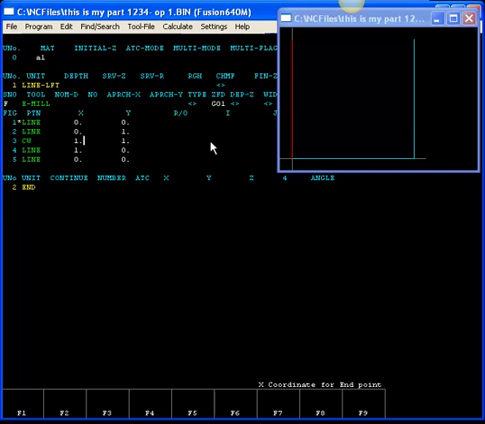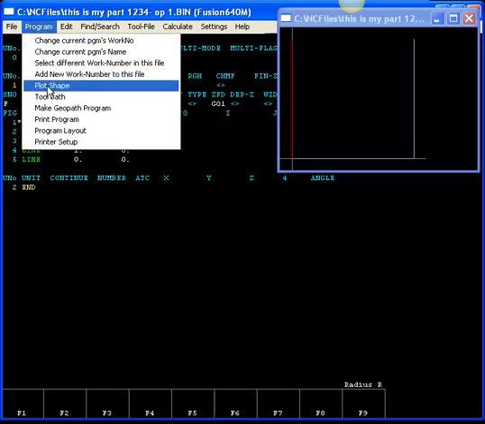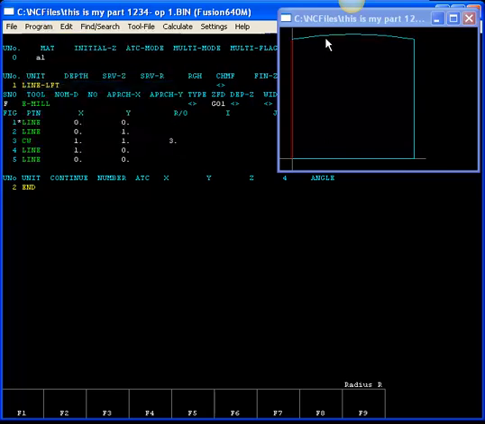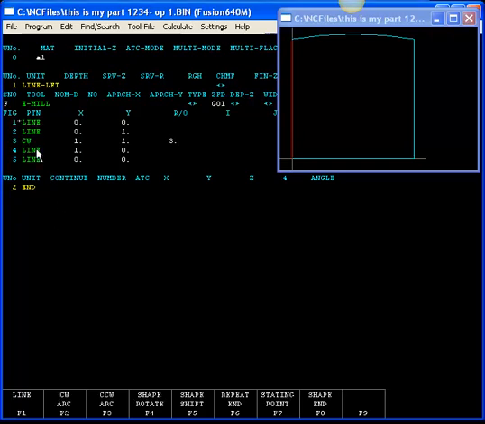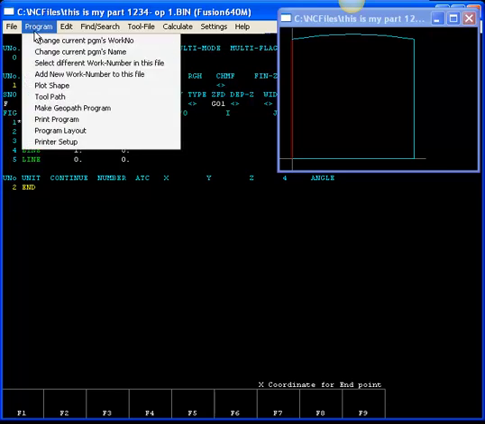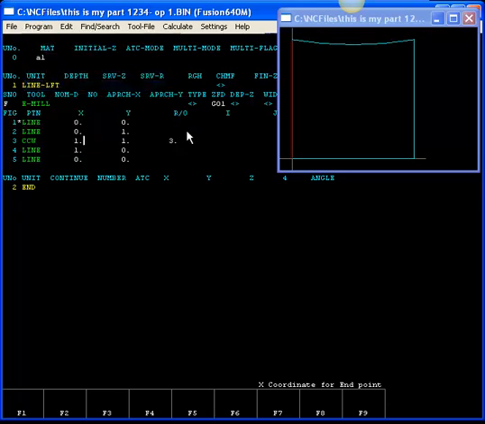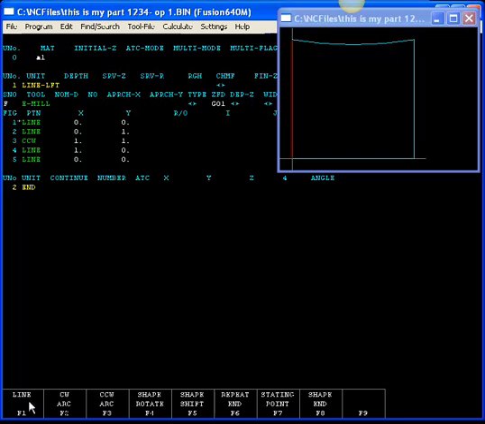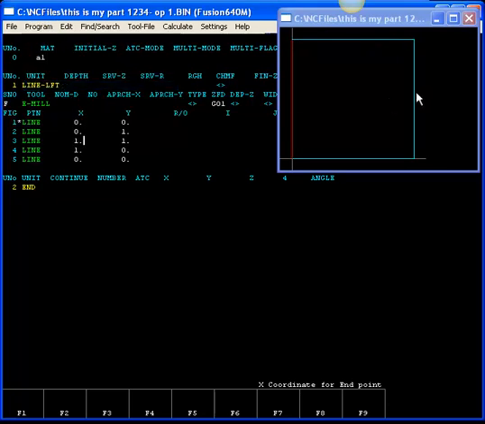Okay, well, let's fix that. Let's give it a radius of 3 inches. Do a plot shape. And now we no longer have an error, but we do have an arc. We can change that back to counterclockwise. Then do the plot shape again. And there's the convex R. Get rid of the radius. Go back to my line. And then do the plot shape. And once again, we're back.